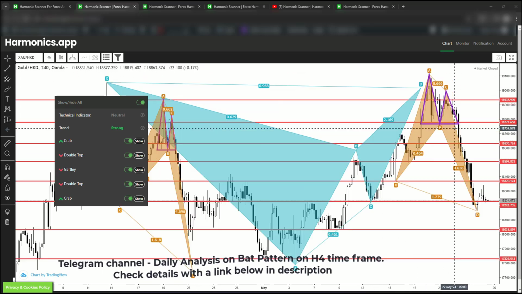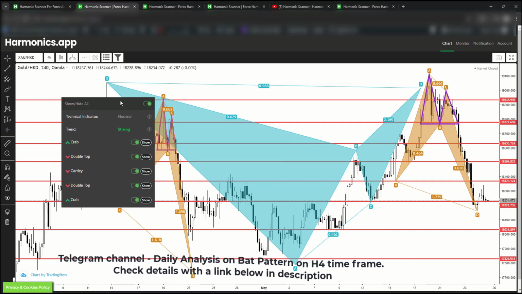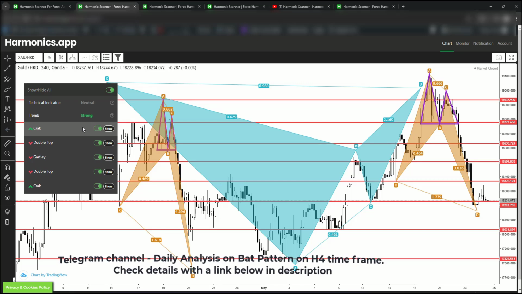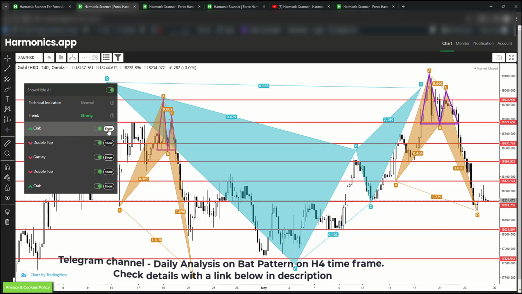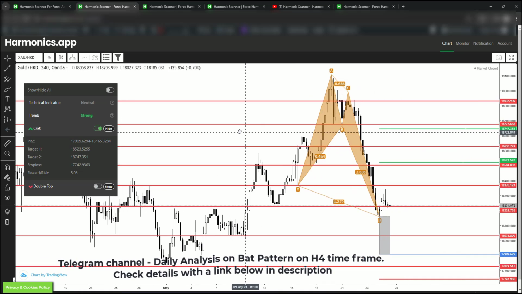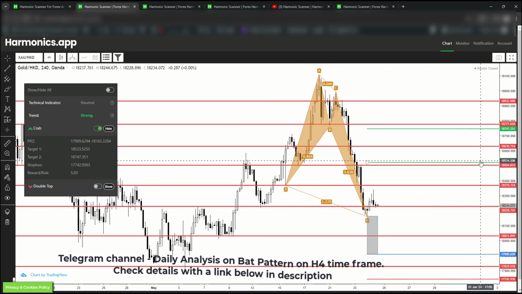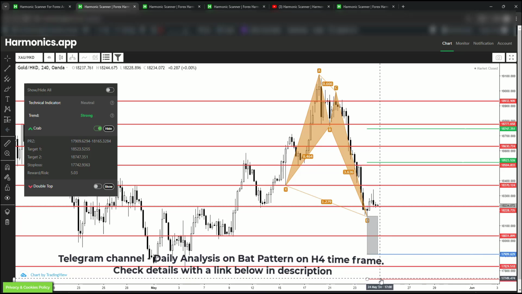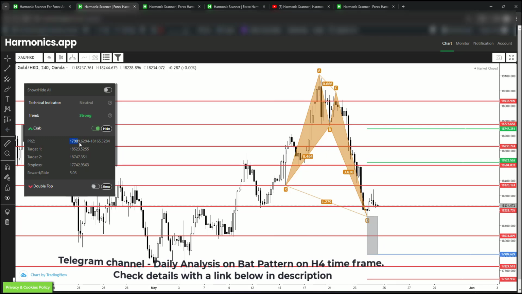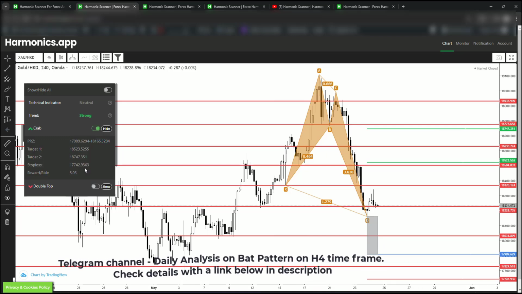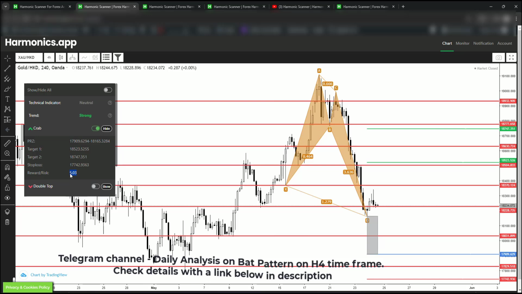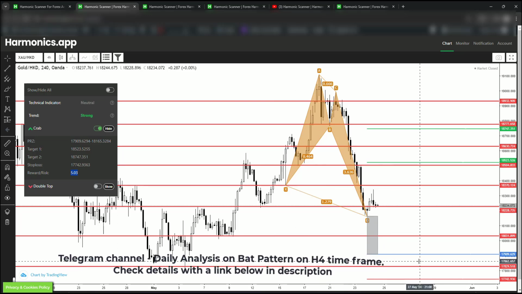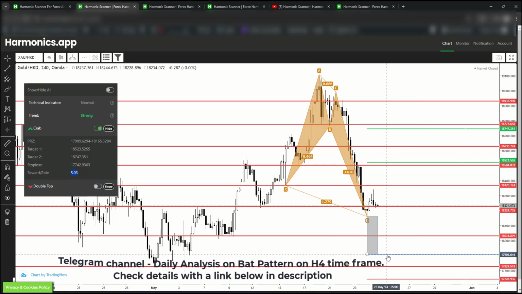and here several patterns have formed on the chart. In this small window you have the possibility to choose which pattern you would like to show on the chart. If you click the show button, it will show you more details: what the take profit levels are, what the potential reversal zone is, what the entry level is, and what the stop loss level is. You have all of those values visible here, but you can also see a reward to risk ratio, which tells you the risk against the profit if you open the trade at this price